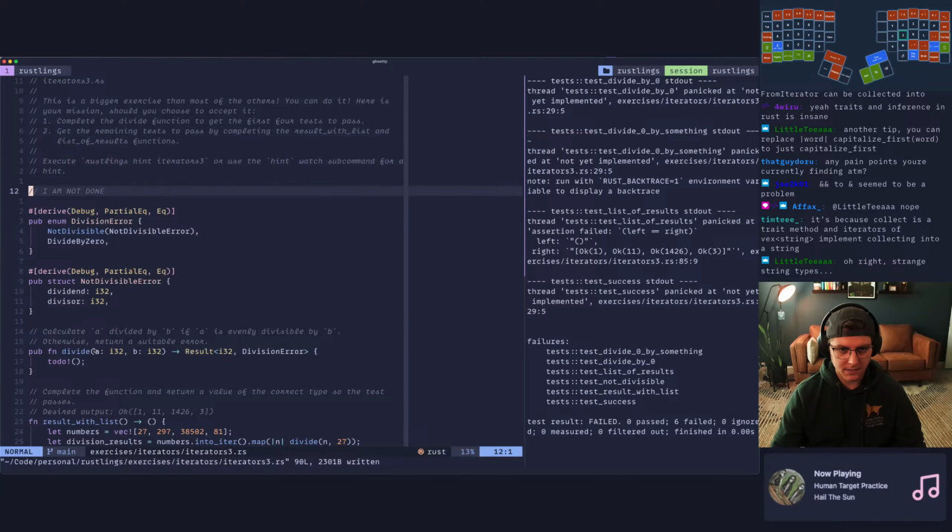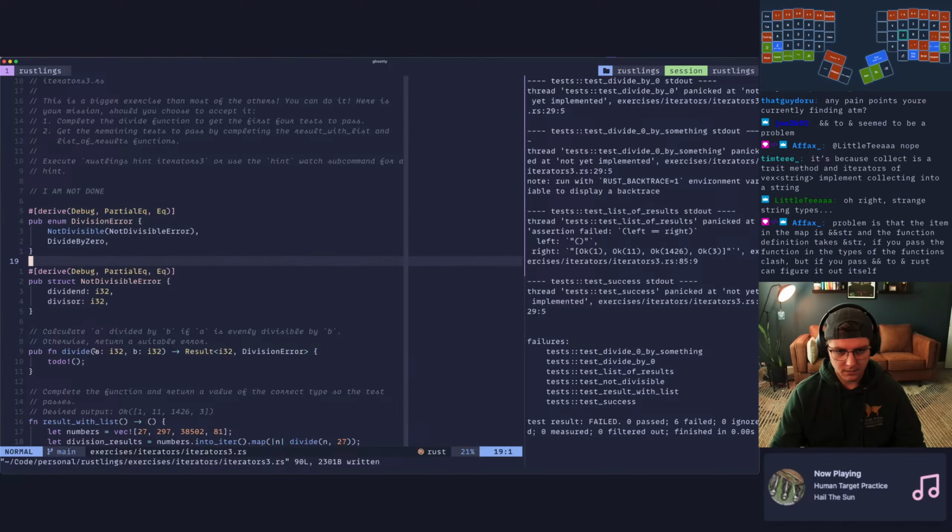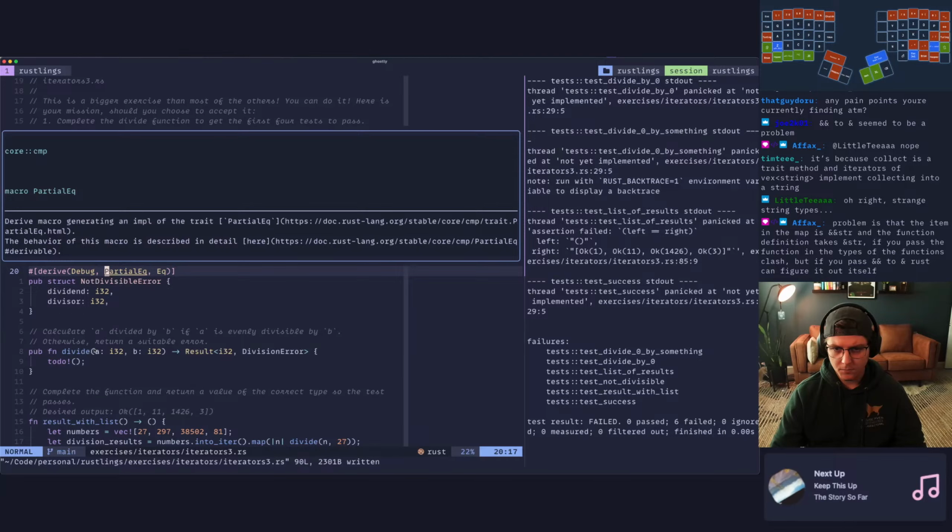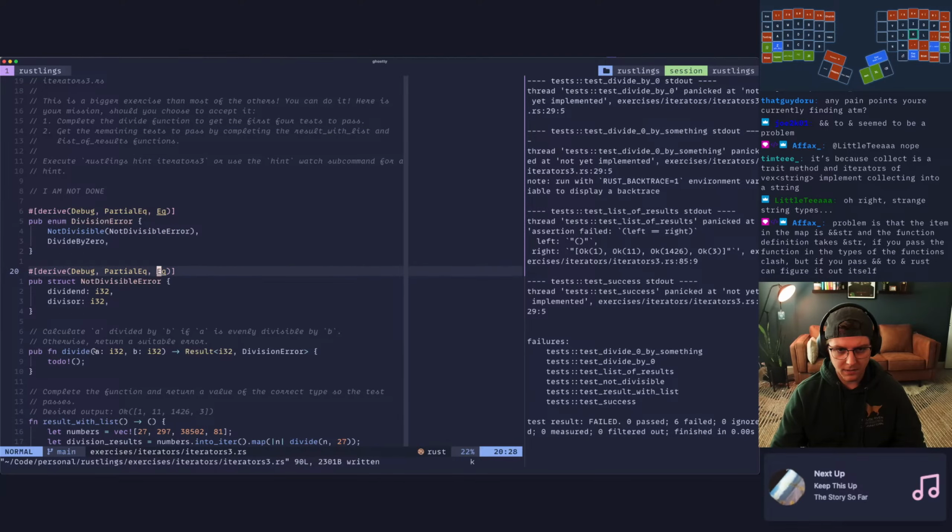All right, so let's get, so we have a, yeah. Can somebody explain what partial equal is compared to equal? Like the difference between the two of those? What they provide me?